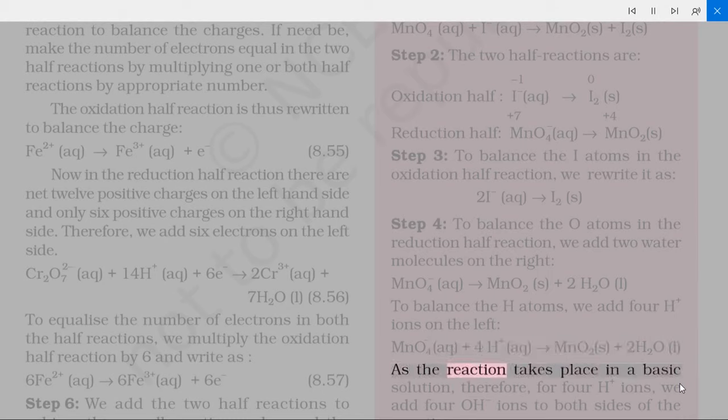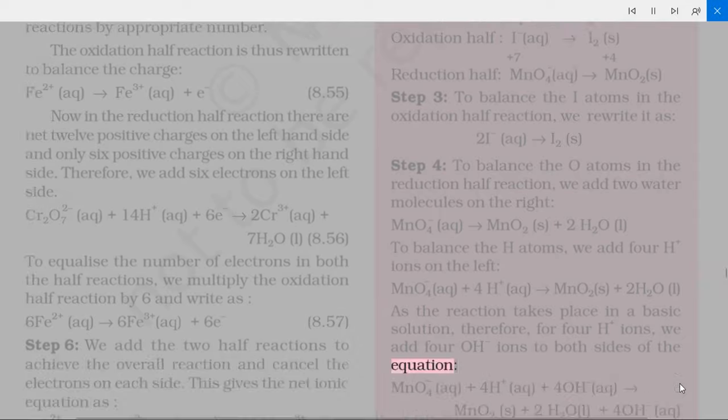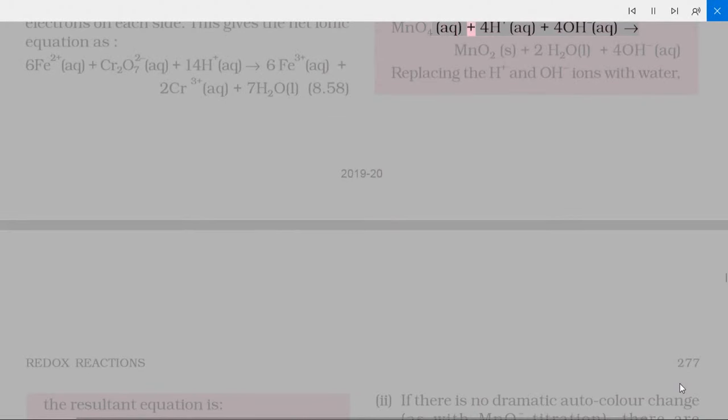As the reaction takes place in a basic solution, therefore, for 4 H⁺ ions, we add 4 OH⁻ ions to both sides of the equation. MnO4⁻(aq) + 4H⁺(aq) + 4OH⁻(aq) → MnO2(s) + 2H2O(l) + 4OH⁻(aq). Replacing the H⁺ and OH⁻ ions with water,